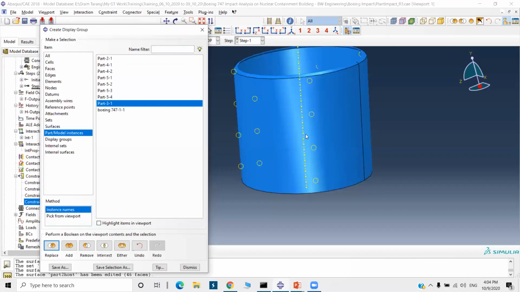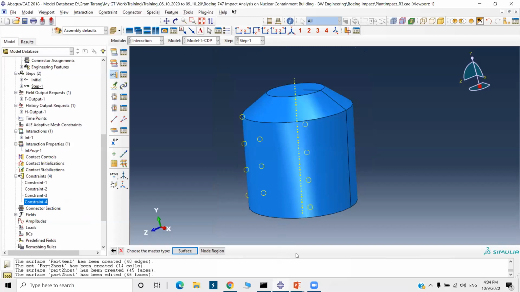Now select this surface. Then replace all. Go to display group in part 2, replace. Okay, so that part is inside this part 2.